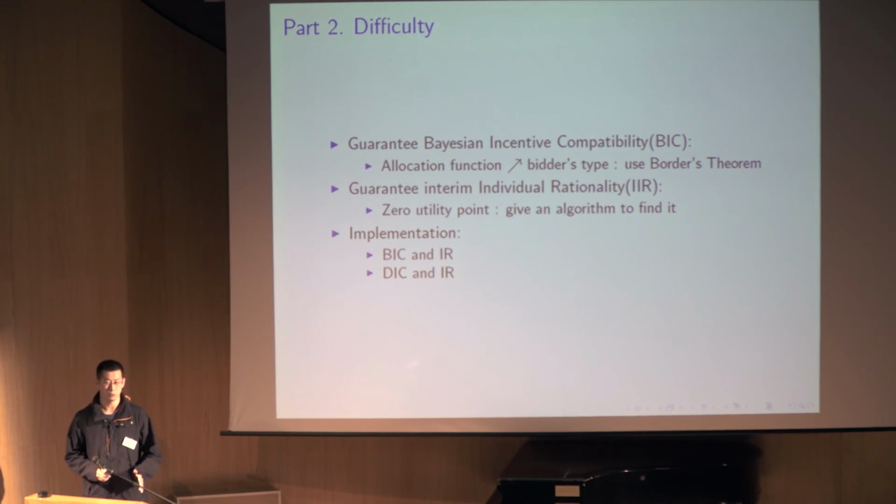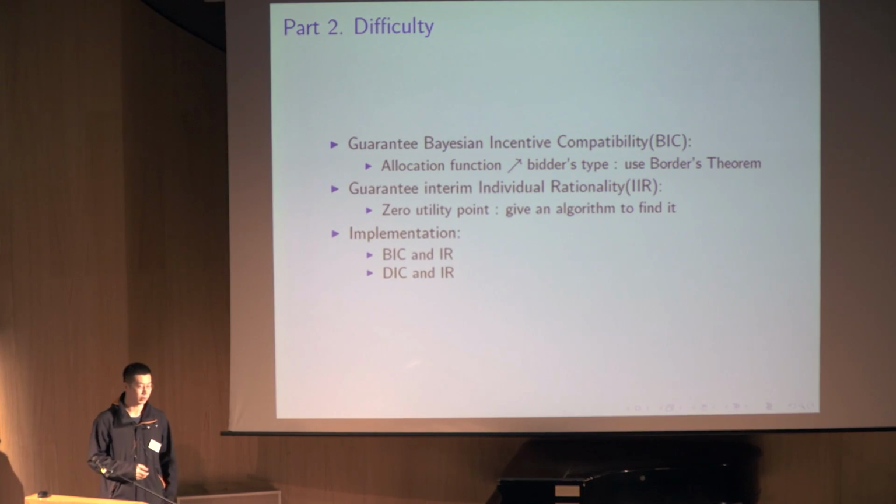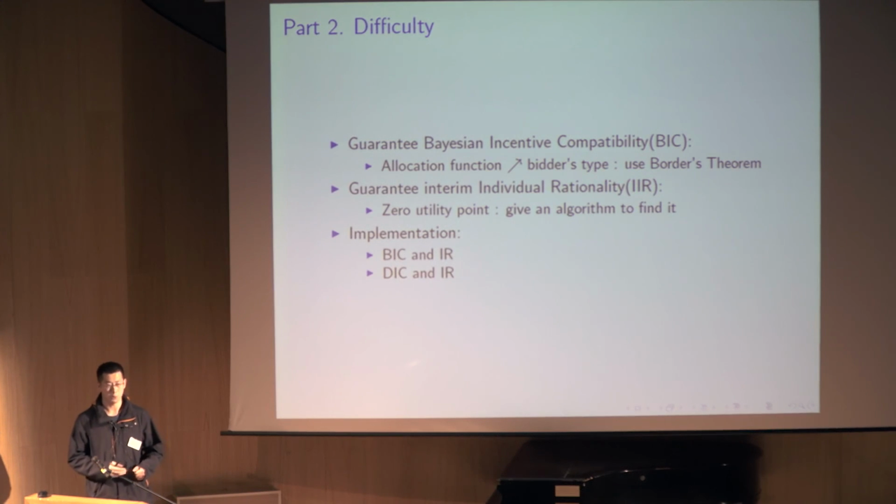Usually, we want to make sure the lowest utility of the buyers is 0. However, in this setting, the 0 utility is not at the origin point. It is in the interior of the valuation domain. And we give an algorithm to find it. Then after we get the optimal BIC and interim IR mechanism,